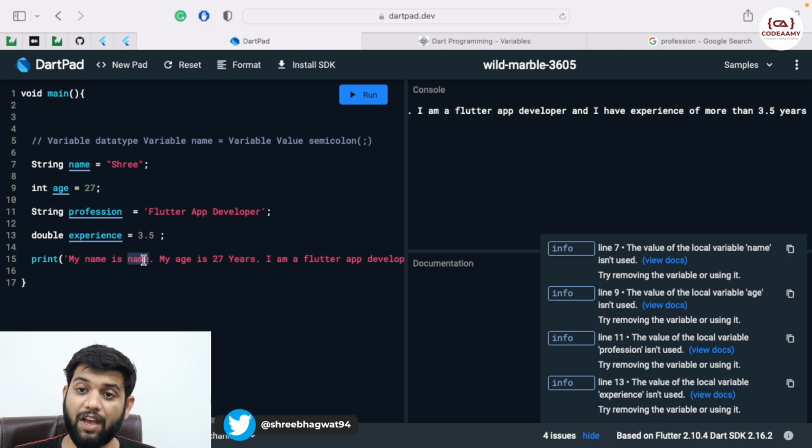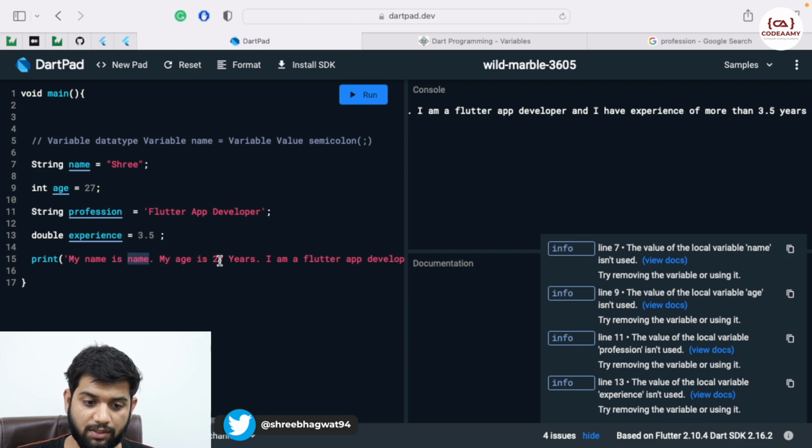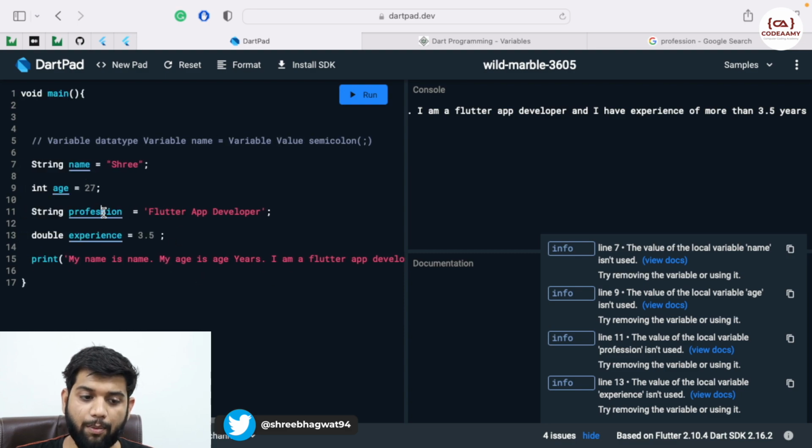So as we have explored it beforehand, when we use a variable name, our print function prints the value and not the name, right? So I have given my name is name over here. My age is the age that we have, right? And I am a, instead of Flutter app developer, I'm going to write profession.